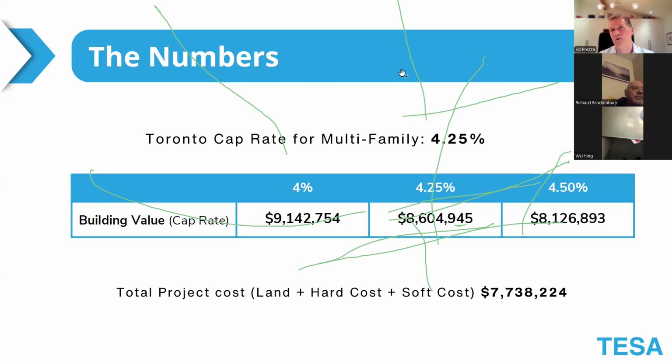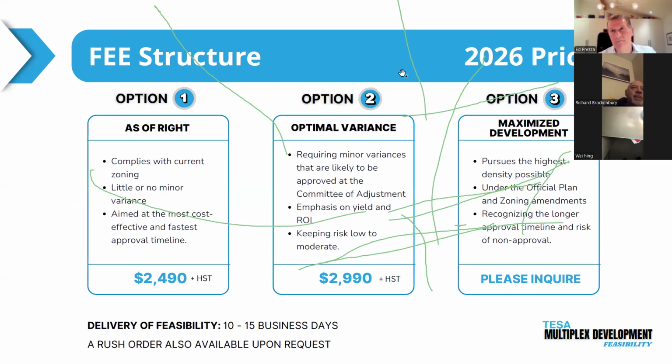Basically, it's the cash flow and increasing value over time that really starts to show benefits. So in essence, this is the way that we look at these projects. Again, what I showed you is a very diluted, very summarized version of what we actually provide in terms of deliverables. As I say, there are three different options that a developer typically has with a particular property.